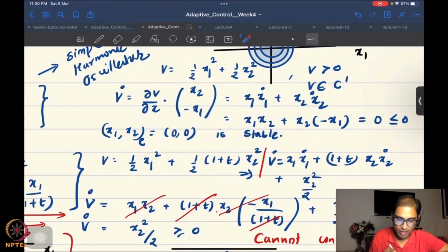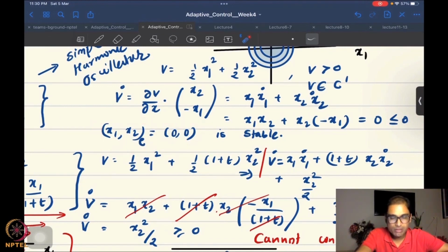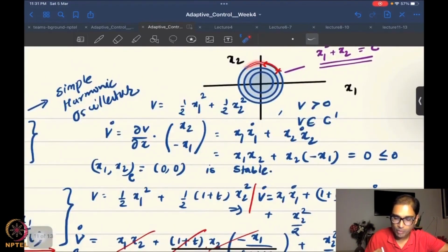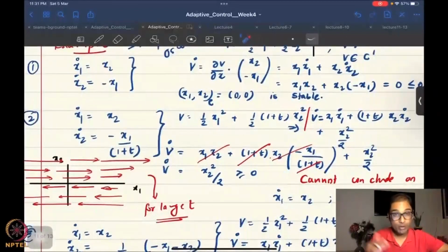And this is essentially enough to claim that the origin is in fact stable. We also saw that this v was motivated by the phase plane portrait, which is essentially circles, right? That is, if you start at any point, you just follow a circle around the origin starting at that point, right? So then we started to look at a slight modification of the system,